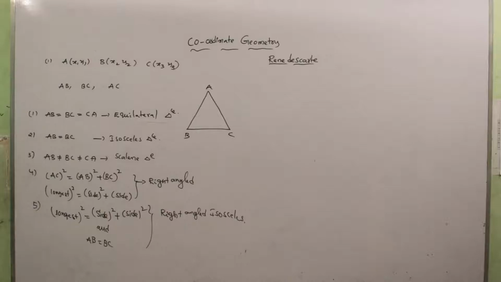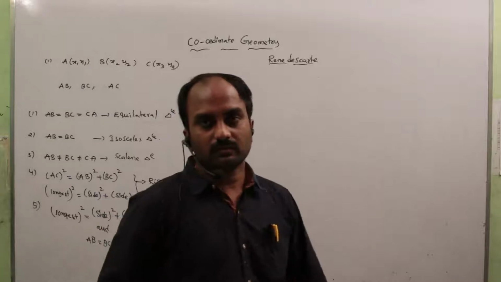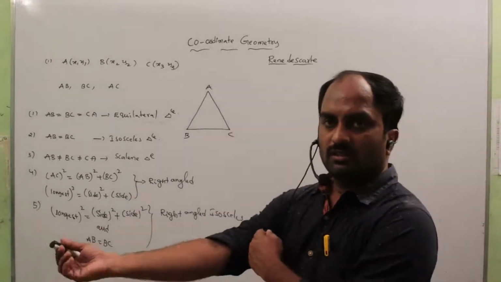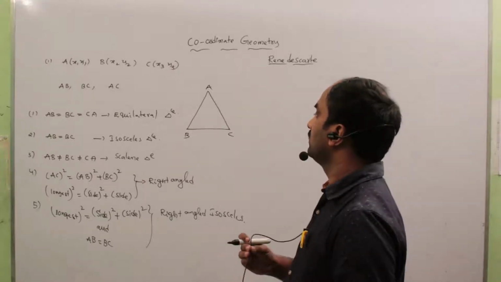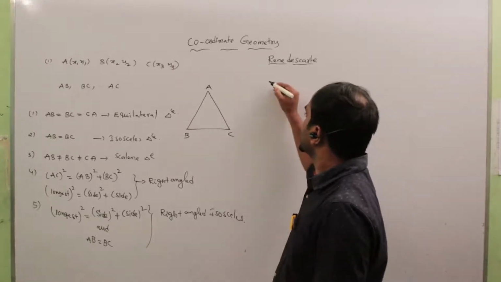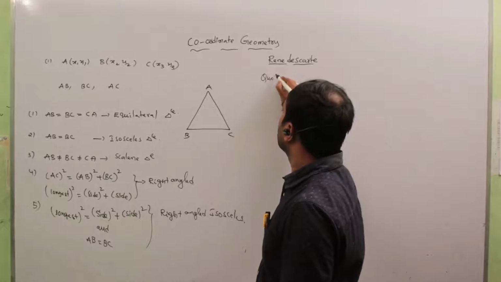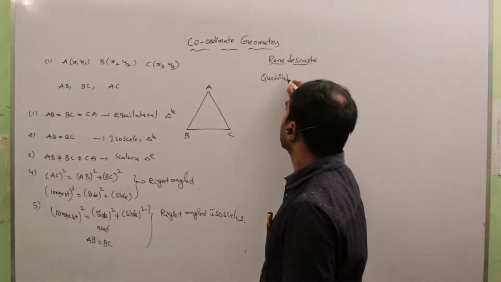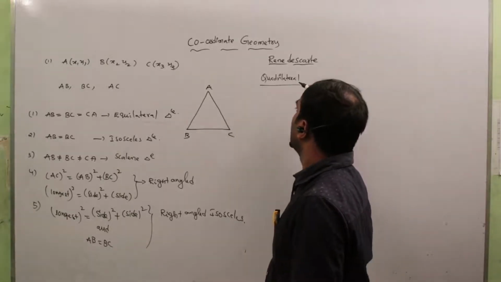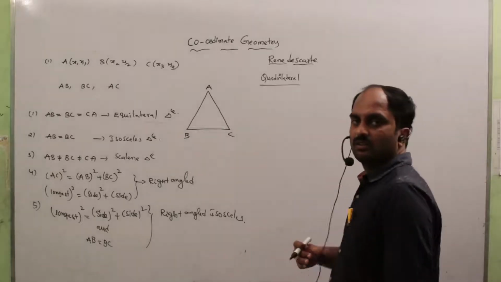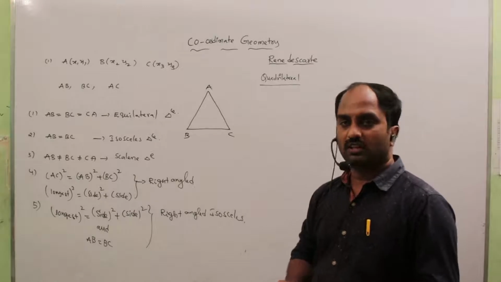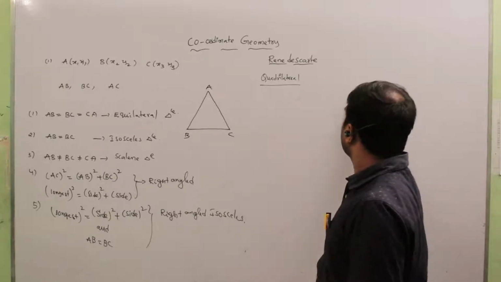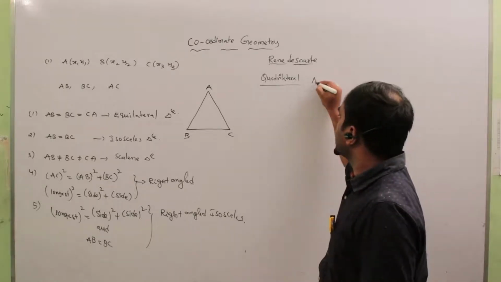This is about triangle. Next, come to quadrilateral. On this quadrilateral, which type of problems are there? In the question they give 4 vertices, A